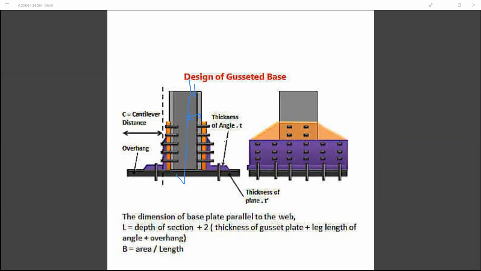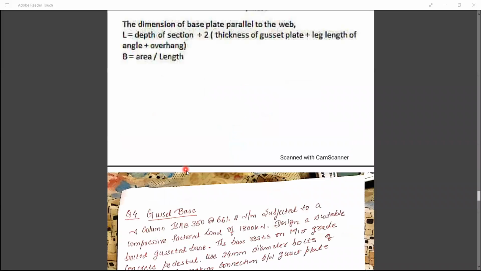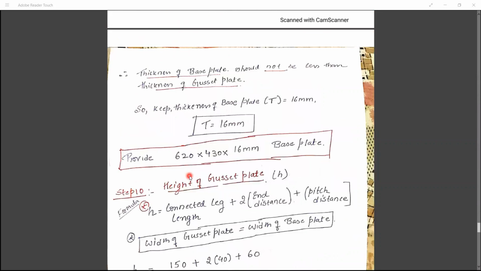No need to calculate for 100%, because here we are having the same gusset plate thickness. Here also we are having the same gusset plate thickness. Here also the angles are the same. Here also the arrangement of bolts is the same. So whatever bolts we are arranging, it is in a very similar or symmetrical manner. You cannot use the word symmetrical here, because the angles can vary. But in practical design also we generally consider only 50% of the load. So that is why we have taken 50% here.